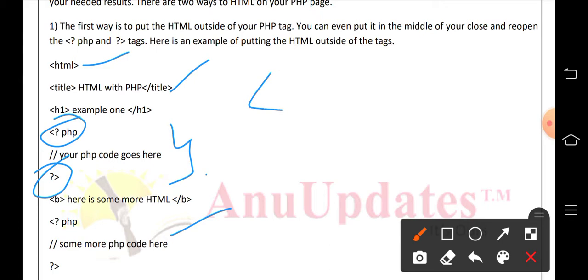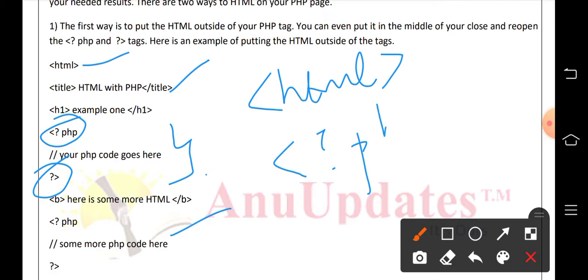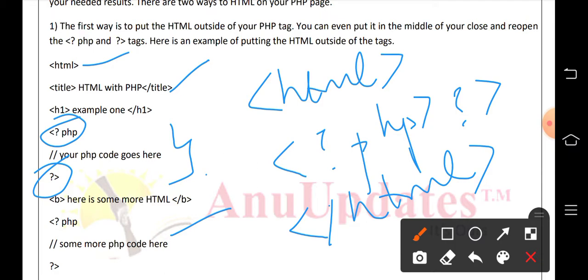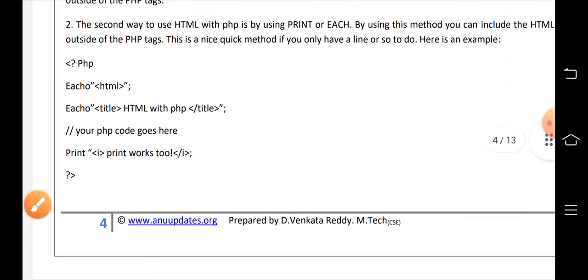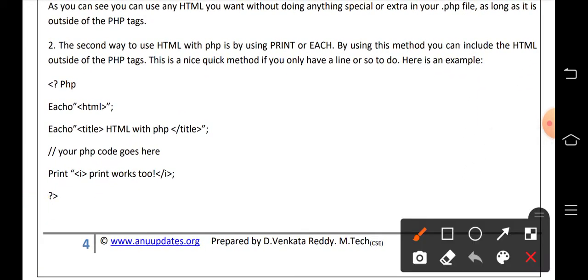That means in HTML, in between, we'll write PHP. This is one way. And the second way is in PHP we'll write HTML.